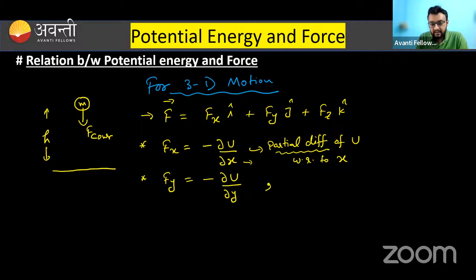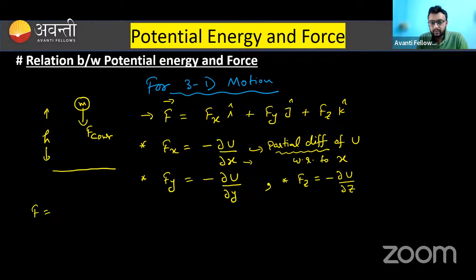Similarly, if I write Fz, then what will it be? It will be negative of del u over del z. And what is the meaning? That while you are differentiating it, x and y are constant. We will simply do it with a question. Don't worry. So net force can be written as